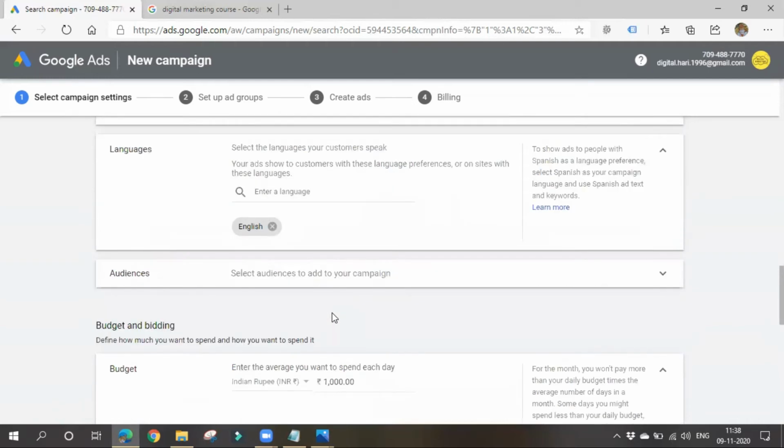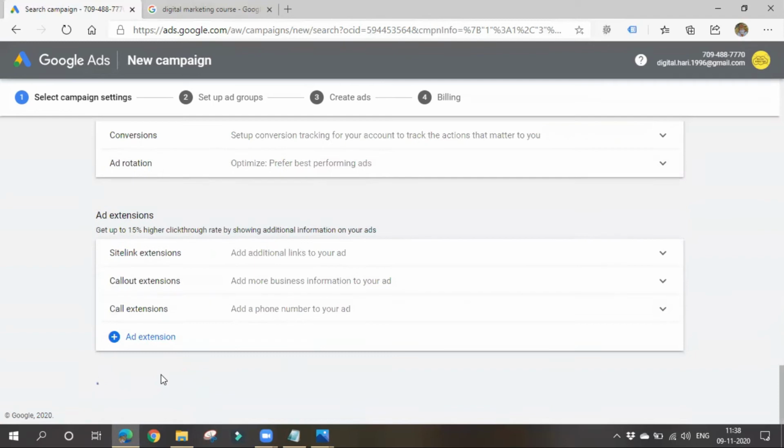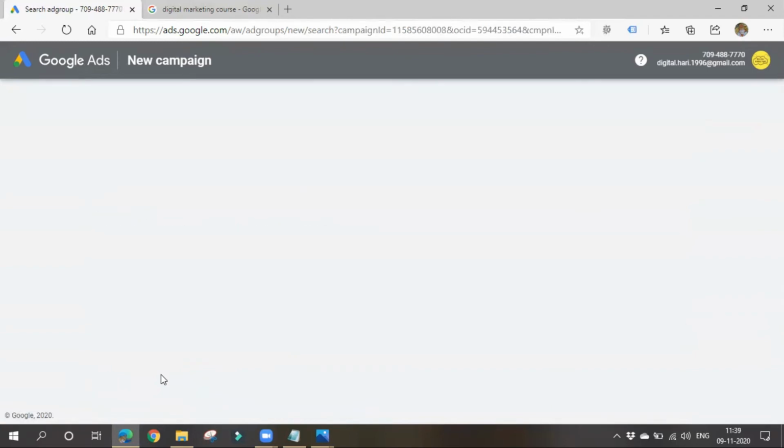Okay, now we have set up a campaign. So click on save and continue. So now we'll be taken to ad group level, right?